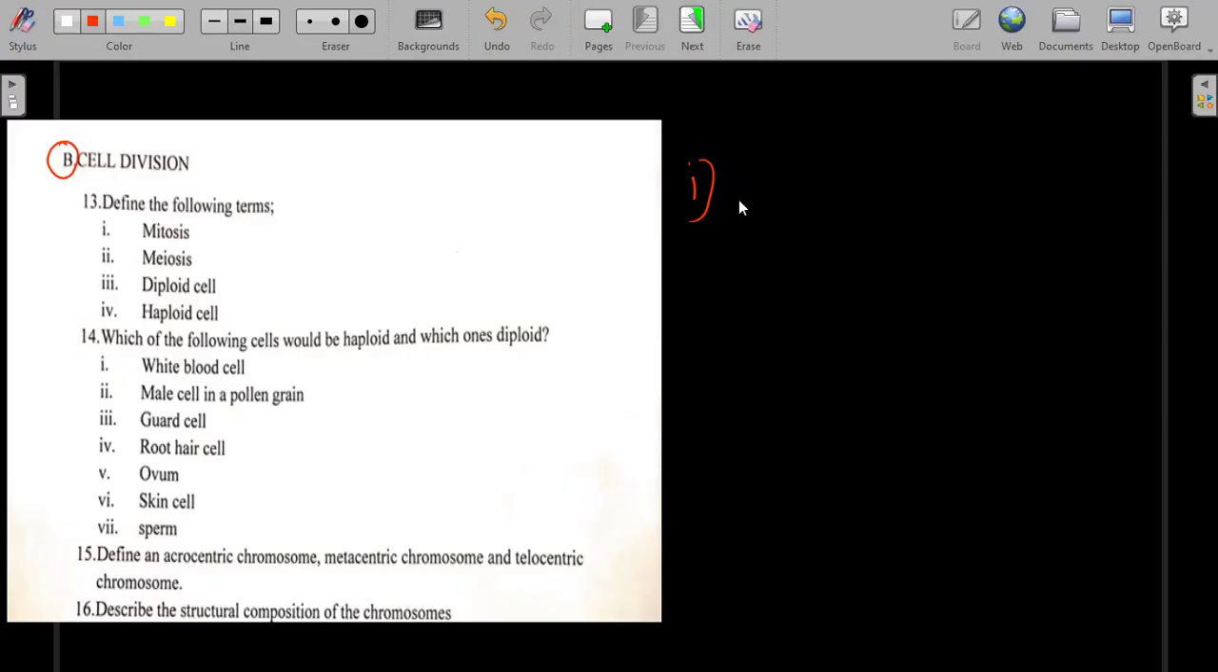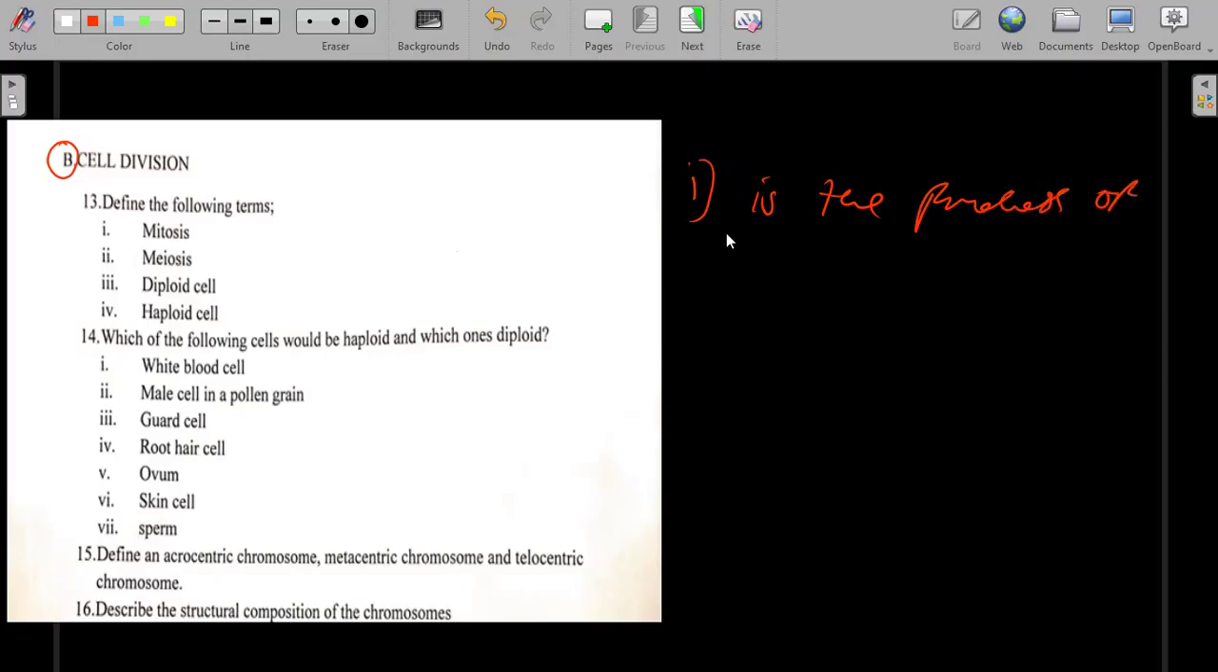So mitosis is simply the process of cell division in which you have one parent cell which is going to divide to produce two identical cells. And we know that these identical cells will have the same number of chromosomes as the parent cell. Okay, so we are saying mitosis is the process